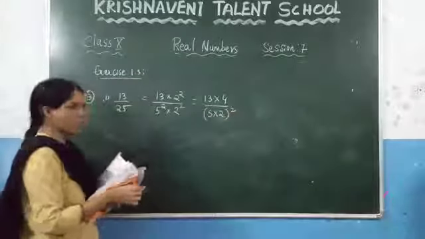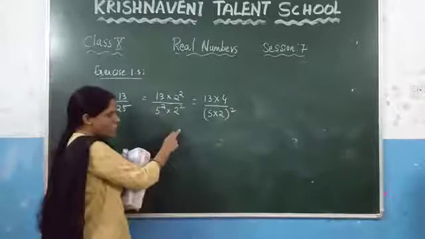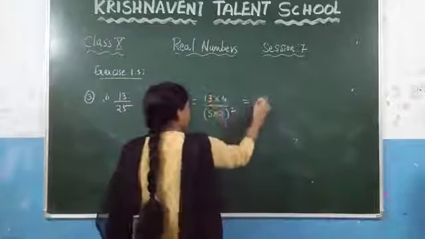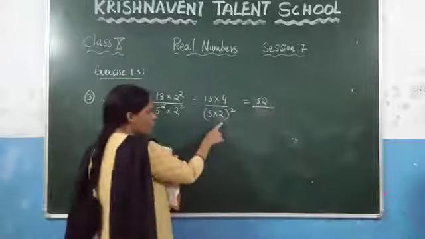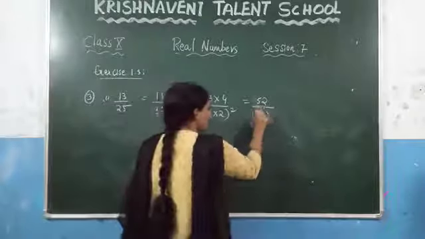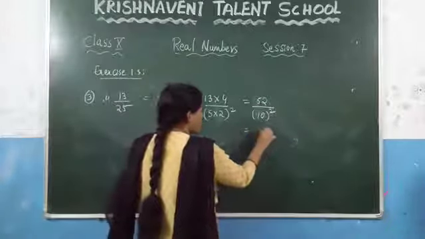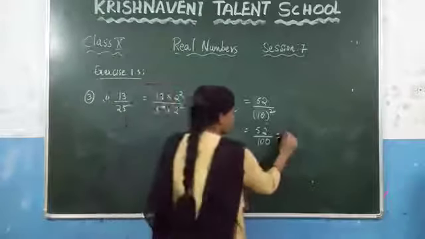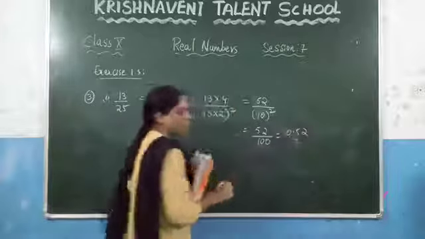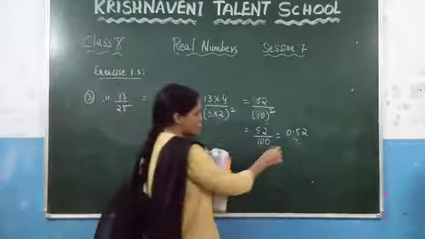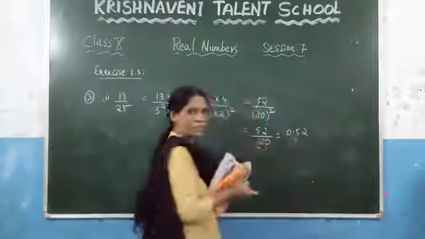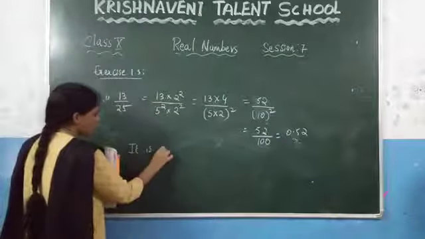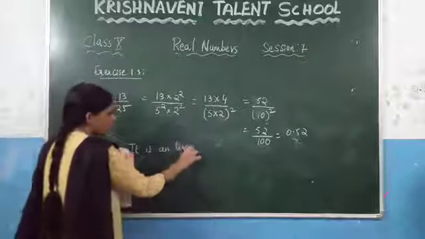You know that (AB) whole square is nothing but A square into B square. So what will you get here? 4 times 3 is 12, 4 times 1 is 4, so you will get 52. What is the value of 5 into 2? Which is 10, 10 square. Now what will you get? 52/100. This one you can write as 0.52. Here you can observe that after the decimal point it has an end. So we can say that it is a terminating decimal. At last, write that it is a terminating decimal.